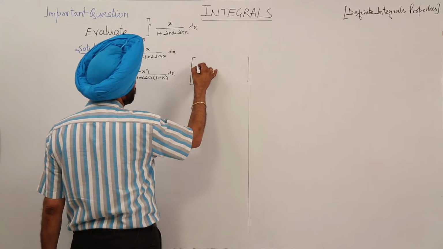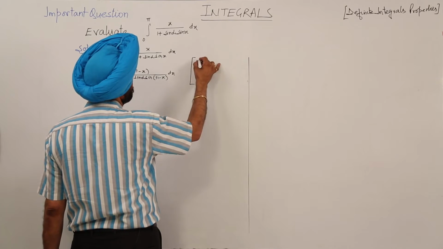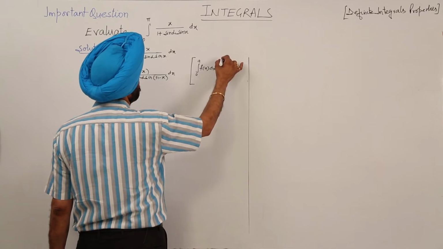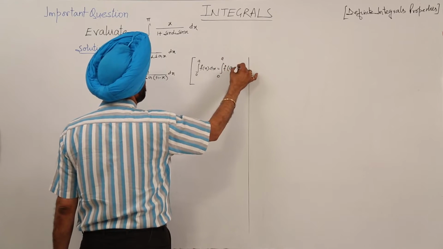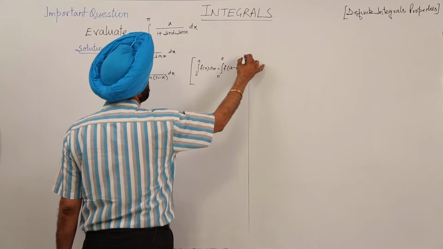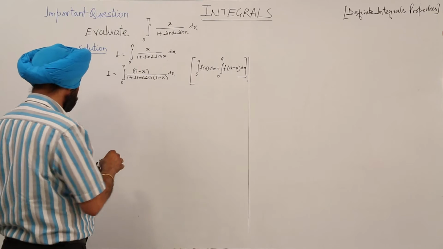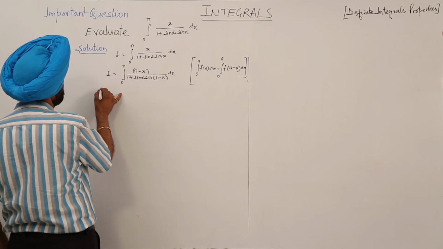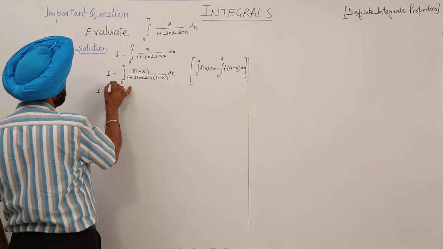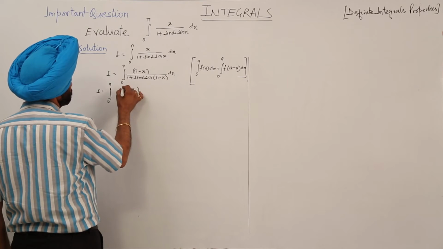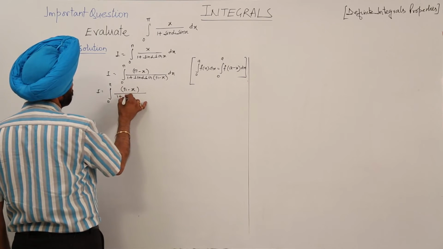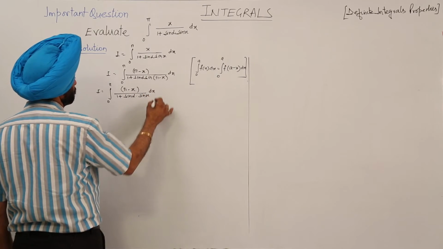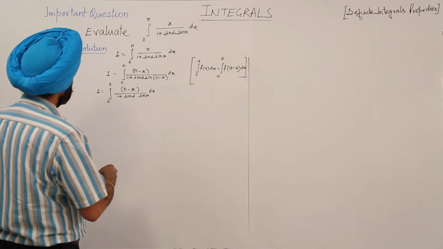We have used a property: integration of 0 to a f(x) dx is equal to integration of 0 to a f(a minus x) dx. Okay. Now we have (pi minus x) upon 1 plus sin alpha sin x dx. Now splitting this one,